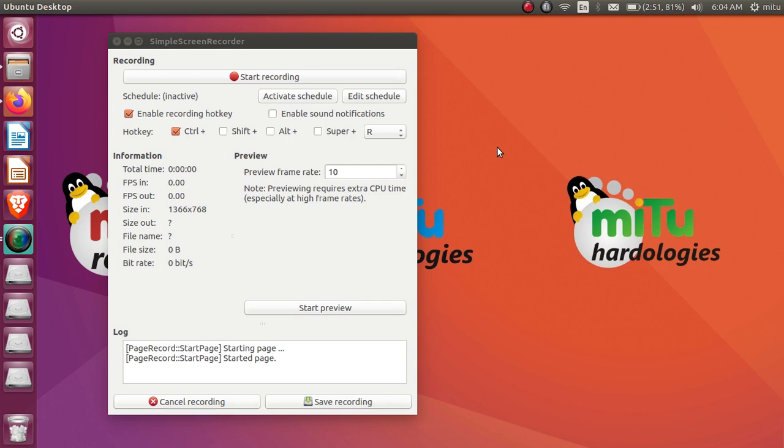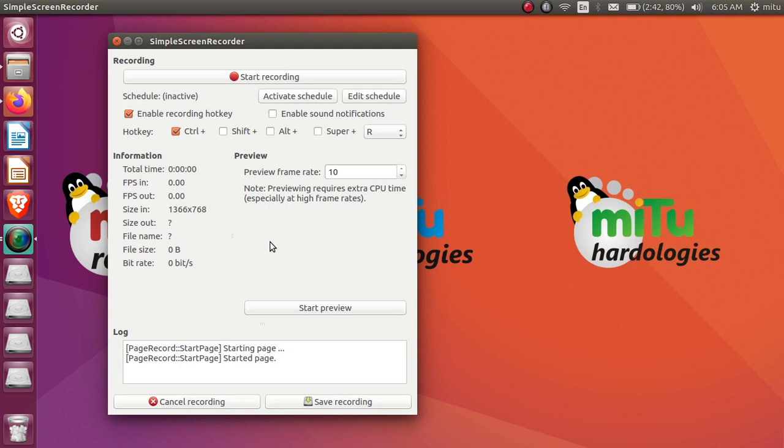Okay, now enable the recording hotkey. Now see, every time when I start recording, I need to open this start recording, and once recording is started, this screen will also be visible in your recorded video at the start. I have to stop it again, so you have to open that window, where we will have the stop recording option. So this particular window will also appear in your recorded video. I don't require that. I will use some hotkeys. Hotkeys means the shortcut keys by which the recording can be done.